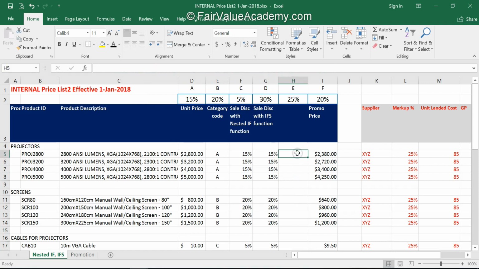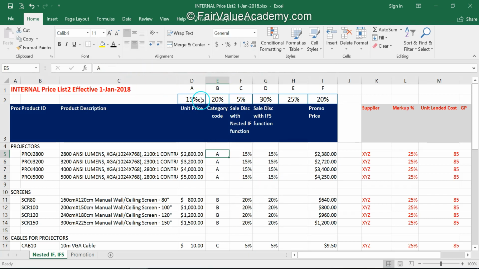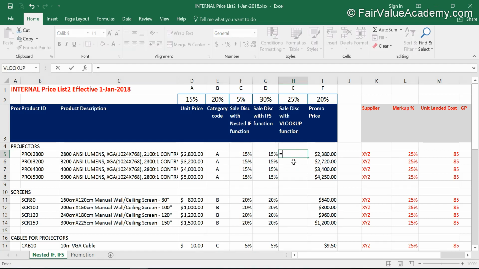There is one very simple method of doing the same thing as long as we are using a simple test like comparing a cell value with another value for whether it is equal to or not. And that method we have already learned. It is VLOOKUP method. Let me show you that method and you would love that method because it's very simple for examples like this. We are going to write a VLOOKUP formula here instead of ifs or nested if. Let me write that formula.